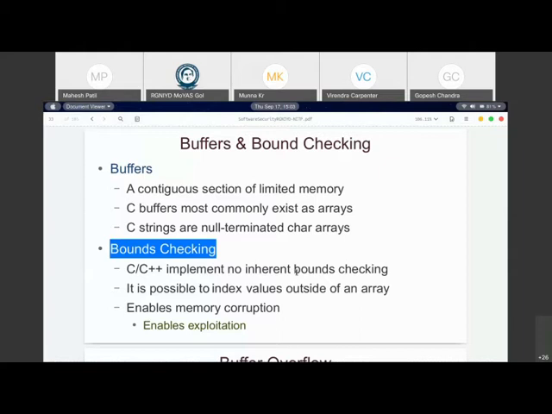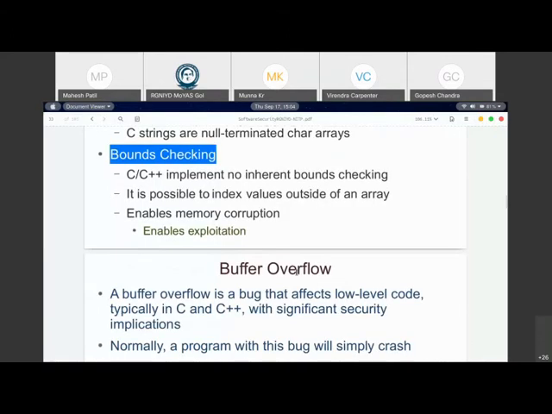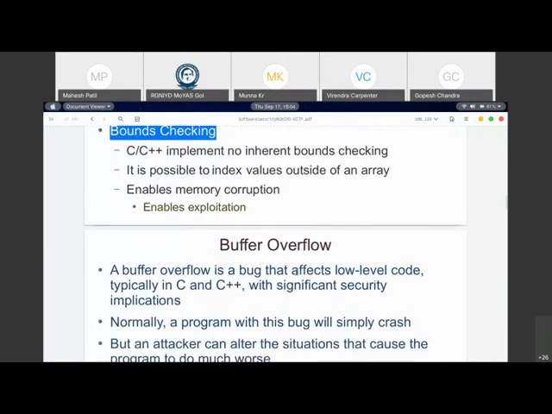If I do the same exercise in Java, it will throw an exception saying array out of bounds, which clearly says there was a fixed-size buffer and you're trying to access beyond it. But that is not true in C and C++.